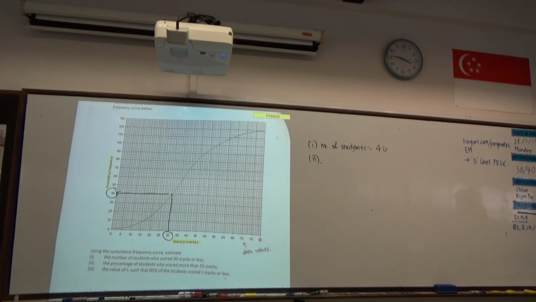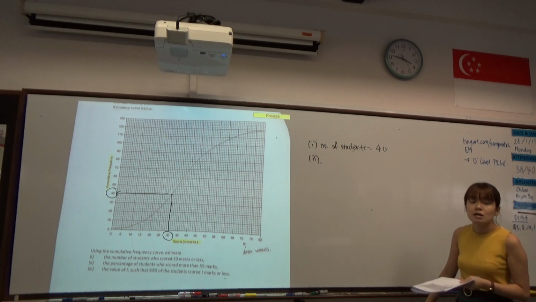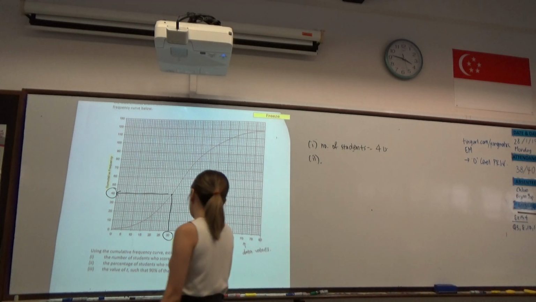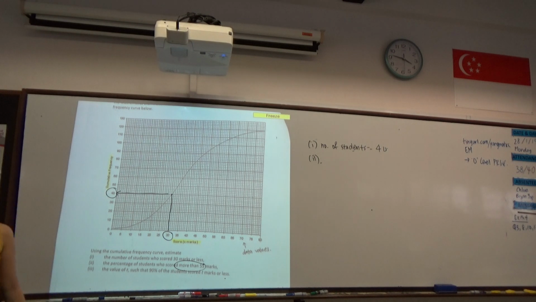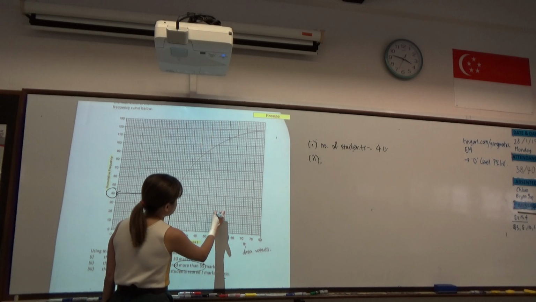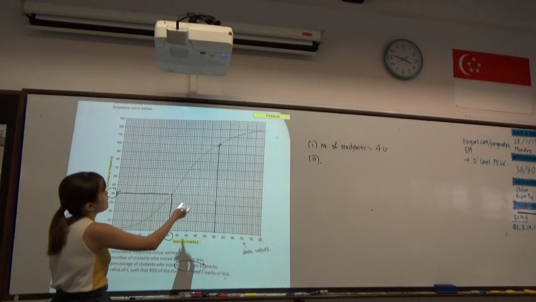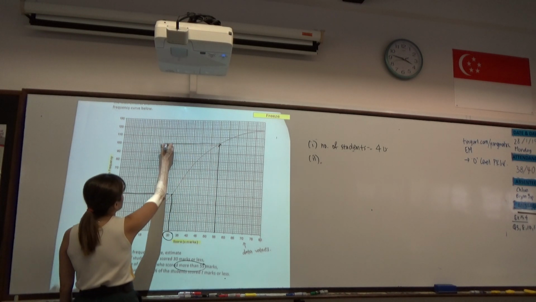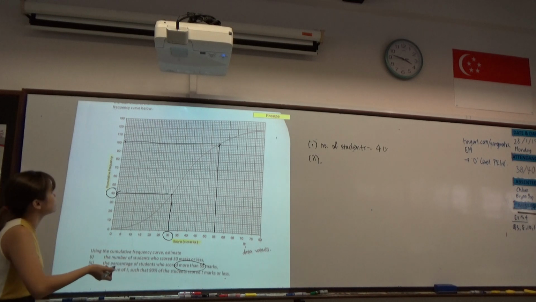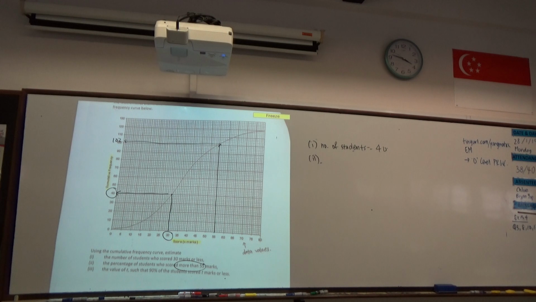Then in part 2, we want to find the number of students who scored more than 55 marks. So take note that the question now wants more than. So if you were to follow the same thing that we did in part 1, which is to identify where 55 is, read up till the curve, then go over to the y-axis, you will notice that it is 102, according to the scale of the axis. Right, 102. So 100